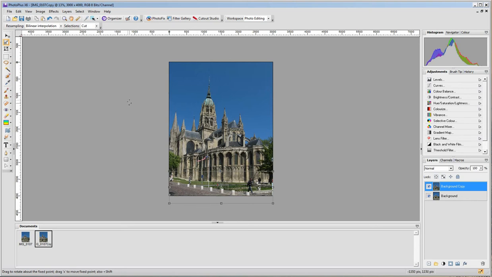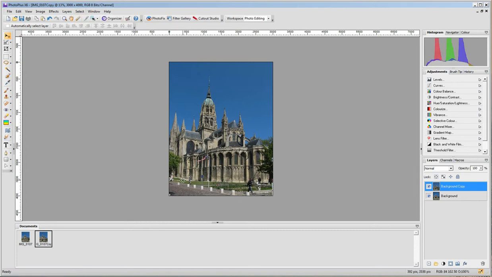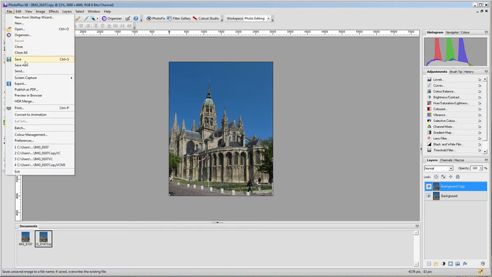Now all we have to do now is to get rid of the selected layer. So we go to Select and click Deselect, which we've done, and we save the image. We'll go to File, Save As,